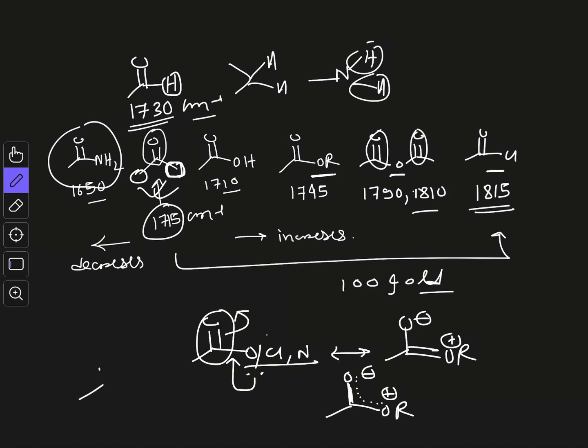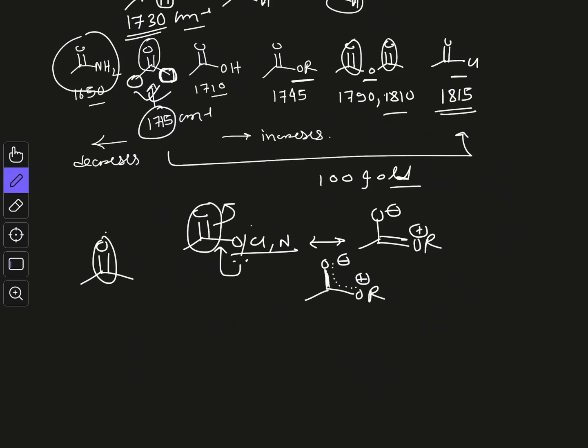So if you have only a ketone, you have a complete double bond, but when you have an ester or an amide, you are losing the double bond character through resonance. And if you lose the double bond character, your stretching frequency will reduce, because we know stretching frequency is directly proportional to the bond strength. If you are reducing the bond from a double bond to a single bond, of course your stretching frequency will reduce, because you are reducing the bond strength.